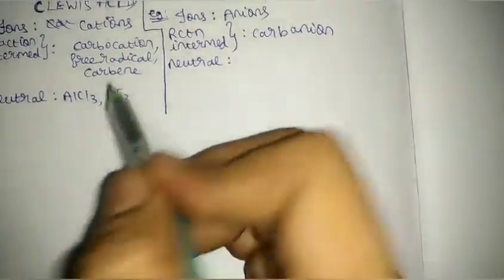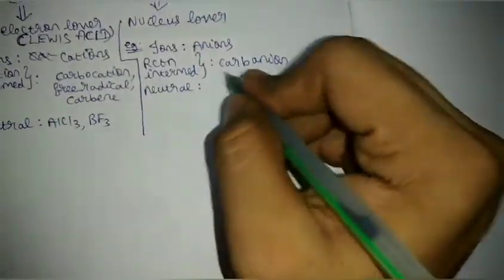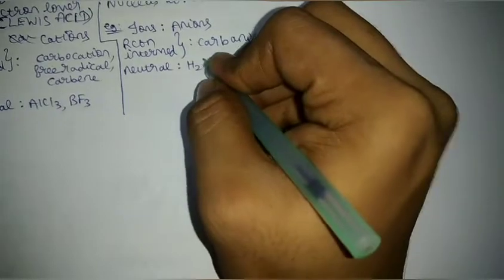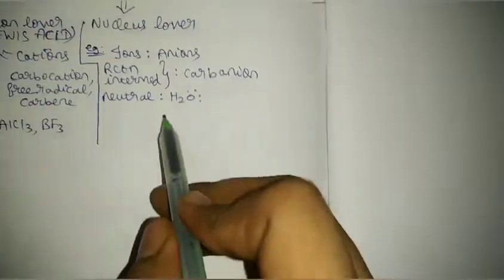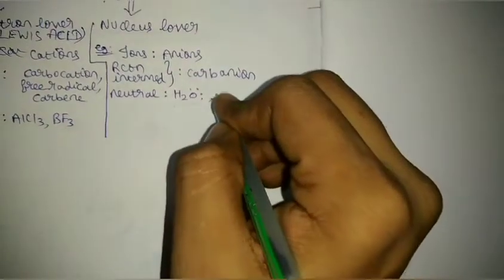nucleophiles. For example, here you saw that the central atom did not have electrons, so it is getting electrons. That's why they are categorized under electrophiles. For nucleophiles, it already has electrons, but remember this is neutral, it does not have charge. If you take H2O for example, H2O has 2 lone pairs of electrons on oxygen, right? These lone pairs can be donated, for example to a proton like H plus to form H3O plus, the hydronium ion. And you can also take NH3.